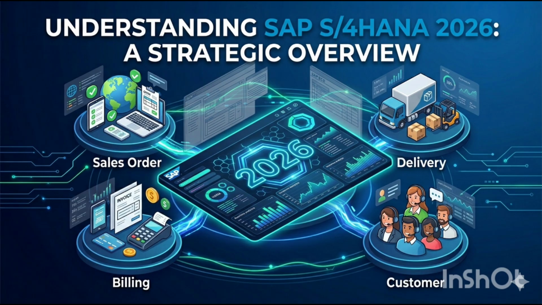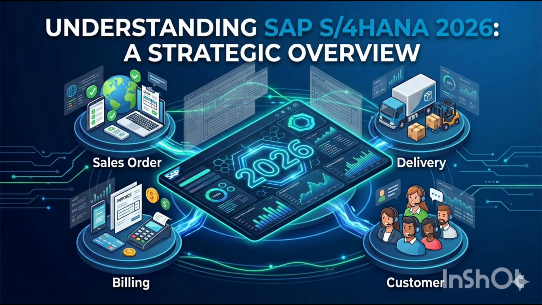It offers a highly simplified data model, smaller system footprint, and a completely modern user experience through SAP Fiori apps. The 2026 version brings enhanced artificial intelligence capabilities, better predictive analytics, improved supply chain visibility, and